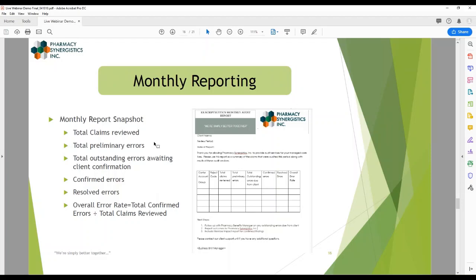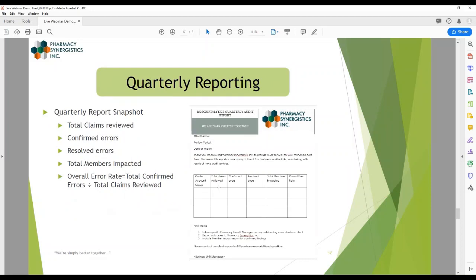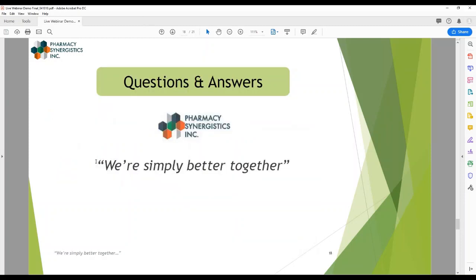Monthly reporting, again, some of the things that you'll get is how many claims are reviewed, how many preliminary errors, how many still outstanding, and we'll actually give you an error rate that you can track month over month. And then quarterly reporting, about the same thing, but you'll notice we added the total members impacted for any of the resolved errors. And then yearly reporting goes about the same way. So during the live demo, this would be a time where we actually have questions and answers. But as I stated earlier,